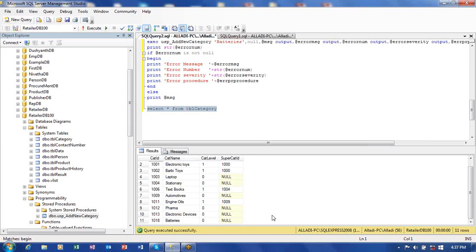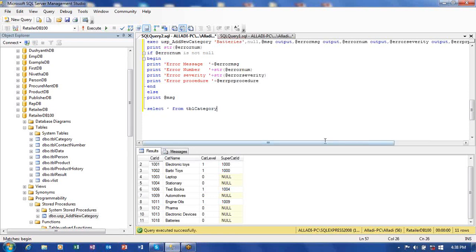If you try to enter the same data again and again, it may not get inserted. Same data meaning here it is the category name. Category name is unique. If you try to enter the same name again in some other row, in such cases the data will not be accepted. Similarly, if you don't give the category name at all, that means if you provide an empty string, in such a case also it will not accept. Okay, so when you give a unique value without any problems, it gets inserted into the database